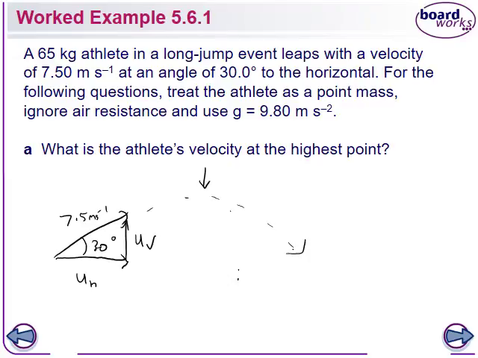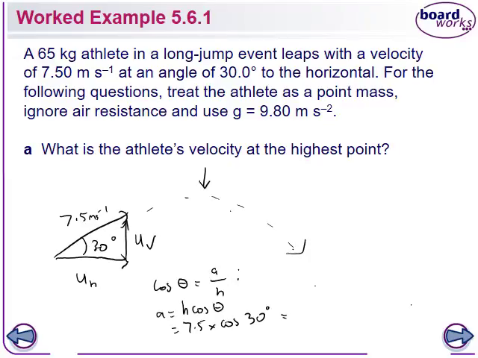And so from trigonometry, the cos of theta is equal to the adjacent on the hypotenuse. So if we rearrange this, our adjacent side is going to be equal to h cos theta. So our adjacent side is the one we want, UH. So h is 7.5 multiplied by the cos of 30,